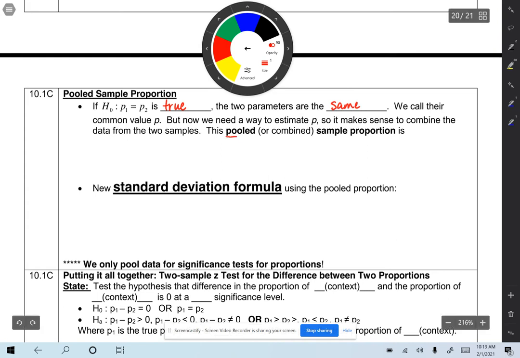This pooled or combined sample proportion is given by the following information. So the combined sample proportion is equal to the count of successes in both samples combined